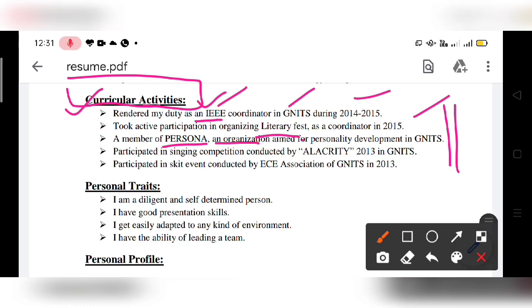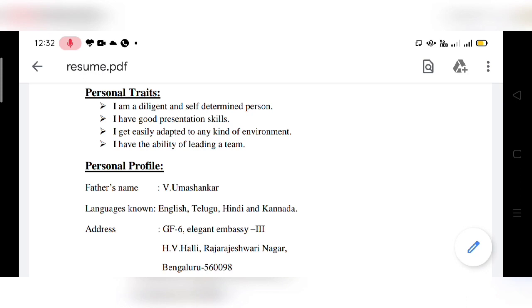Participated in singing competition conducted by Alacrity. So here again unnecessarily these quotations have come. Where you have used capital letters, why again have you used double quotes? Not necessary. So maintain that uniformity. This is about curricular activities.